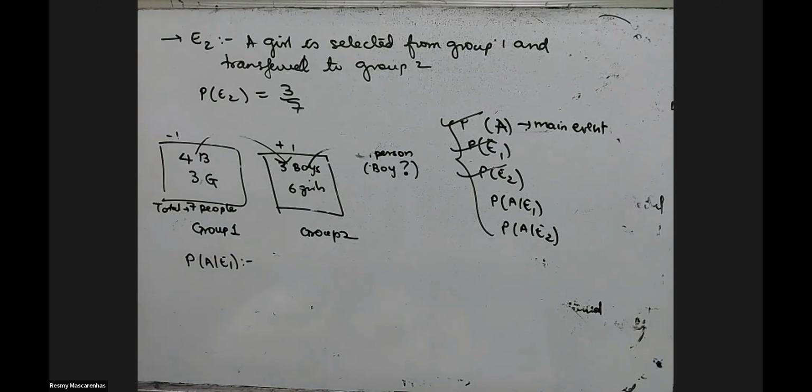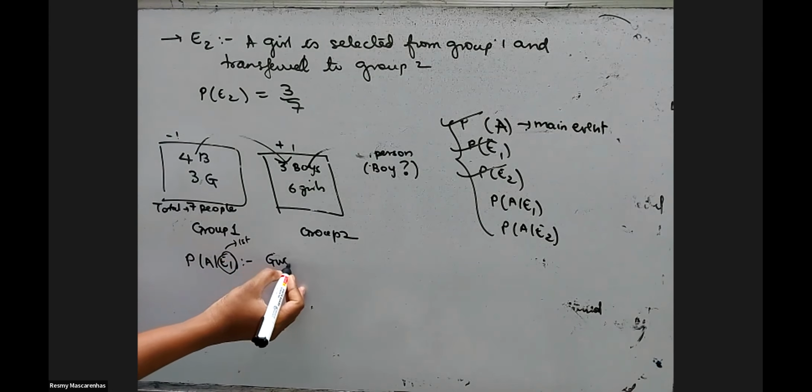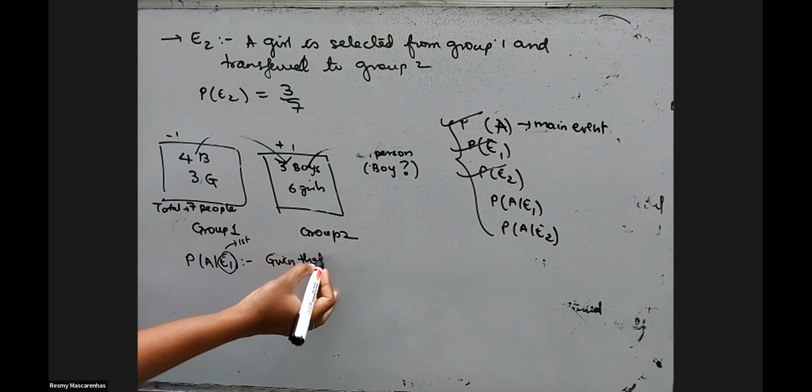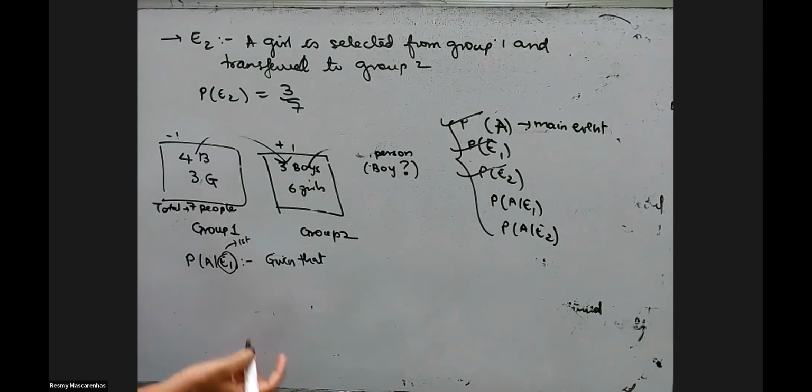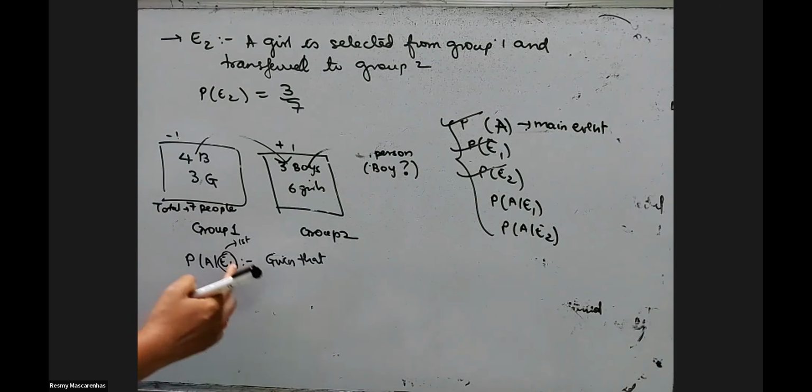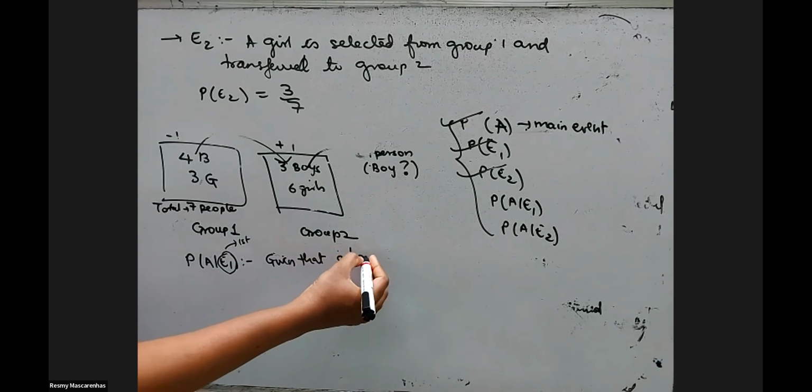What is P of A upon E1? I told you, always read this first, because this has already happened. So you have to start with this word, given that E1. What was E1? Go back and check what you chose for E1. Given that a boy is selected